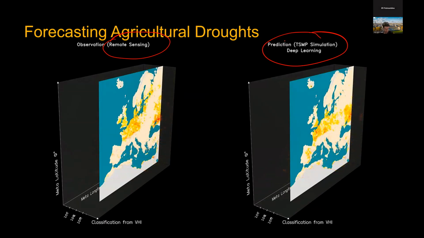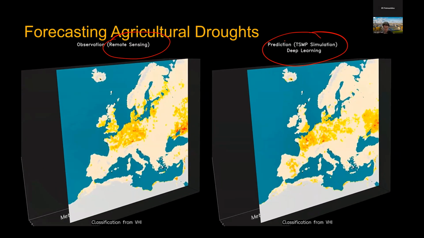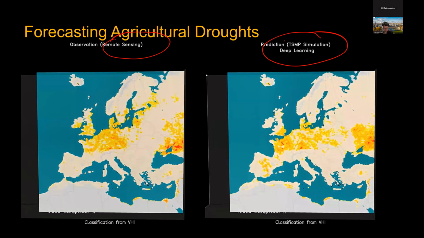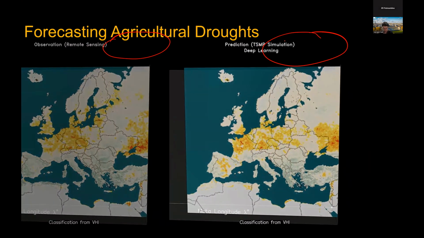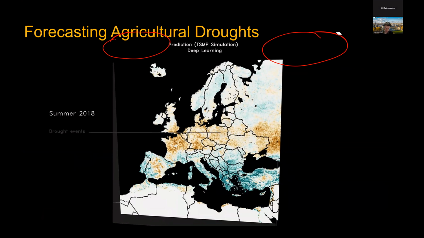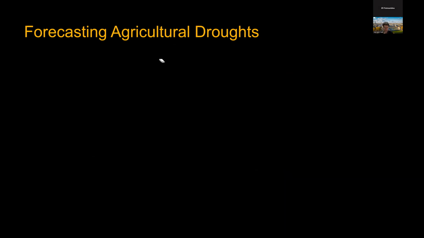And this is just coming close to the end of the video. You see red is a high indicator, a high probability, and you can make a side-by-side comparison between the remote sensing data and the prediction. You can also look at the history, when certain drought events and heat waves occurred in the past, and you see that all of them have been nicely predicted by the model. So at this point, I would simply say I'm stopping here, and I'm now looking forward to your questions.